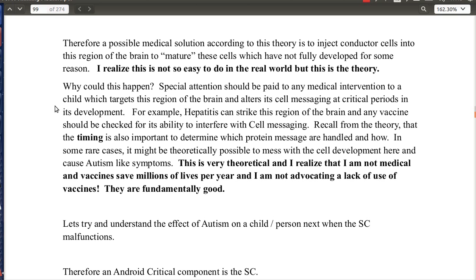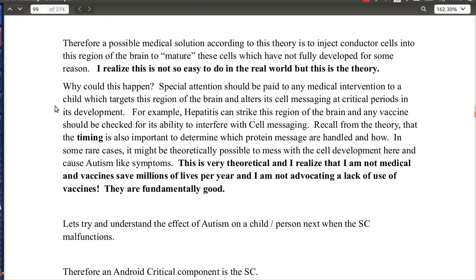So it appears, for whatever reason, that hasn't developed correctly, and so we run into this issue of timing. If the timing is off for whatever reason in the child during their development, the cells may not develop correctly, and the messaging will be off, and then you may end up with an underdeveloped region in the brain, which maybe